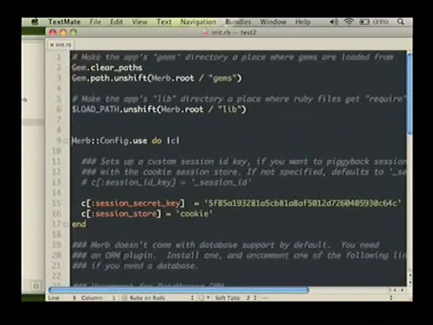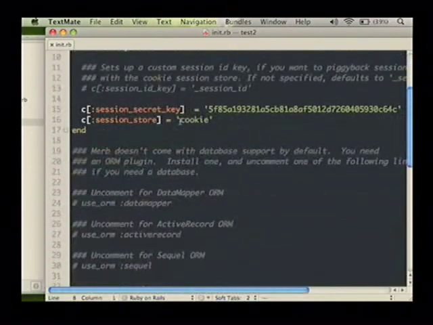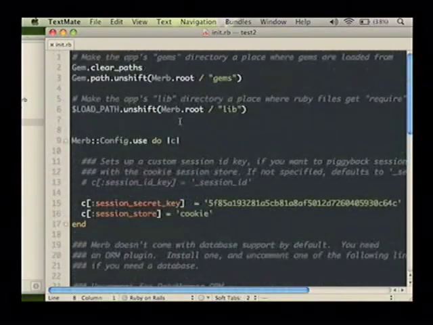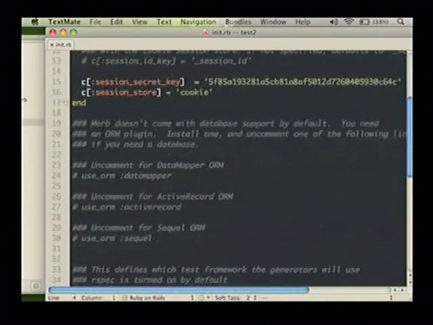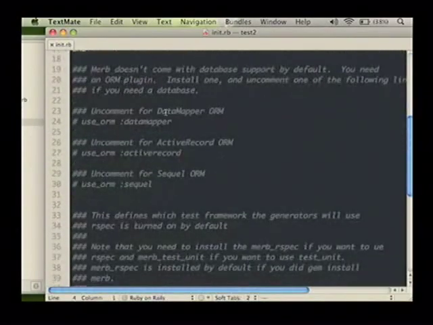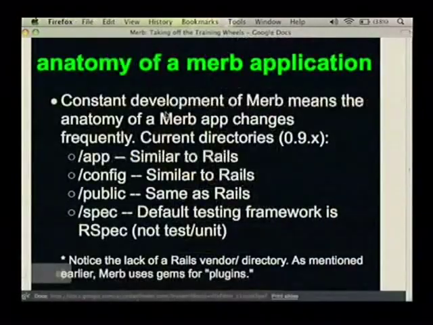Exactly. So included in the separate gems, they have their own generators, which create the directories and whatnot. So just starting at the top. Actually, I'm skipping forward. Okay, so notice the lack of a Rails vendor directory first of all, because in a vendor directory,